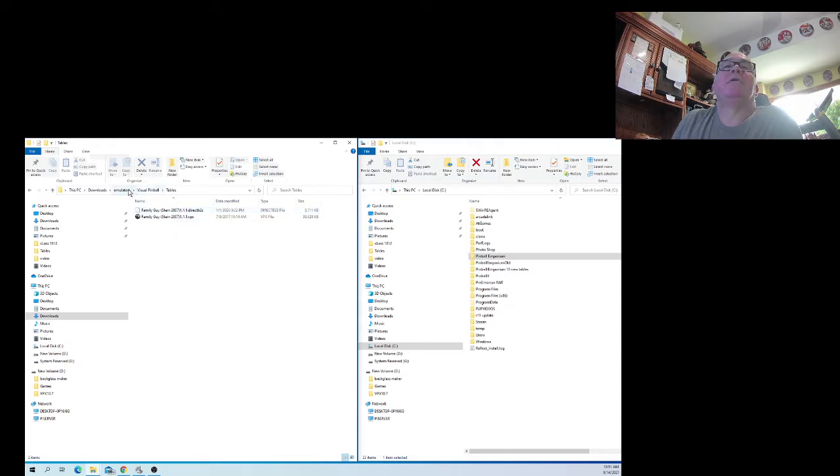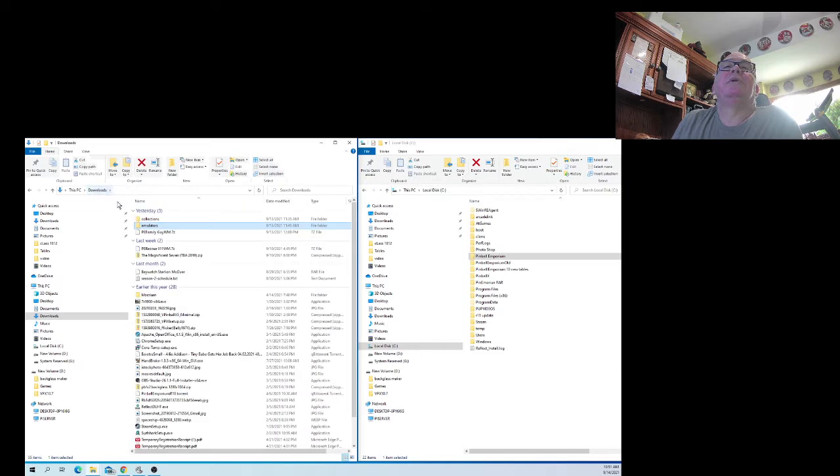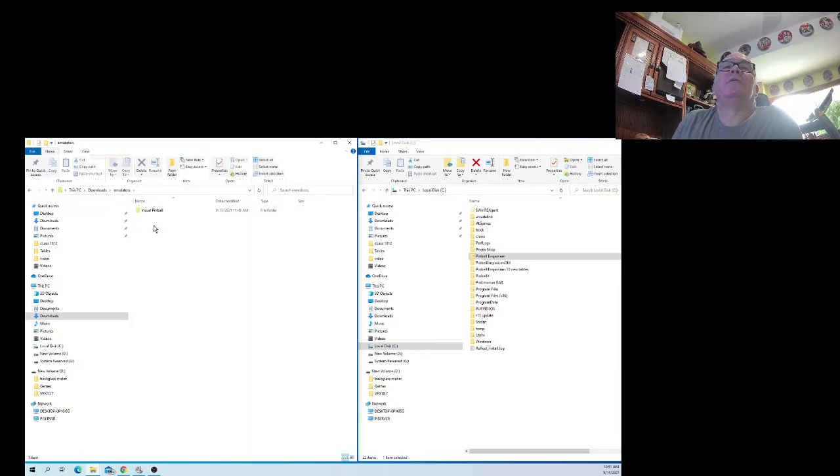But what I want to show you here is we go back down here to the emulators folder in Visual Pinball. There's two folders in here. Usually I just have the tables. This one has the VPin MAME folder in it, and the reason is it has the ROMs folder in it, just as it does over here on the right in Pinball Emporium. When you open that, it's got this